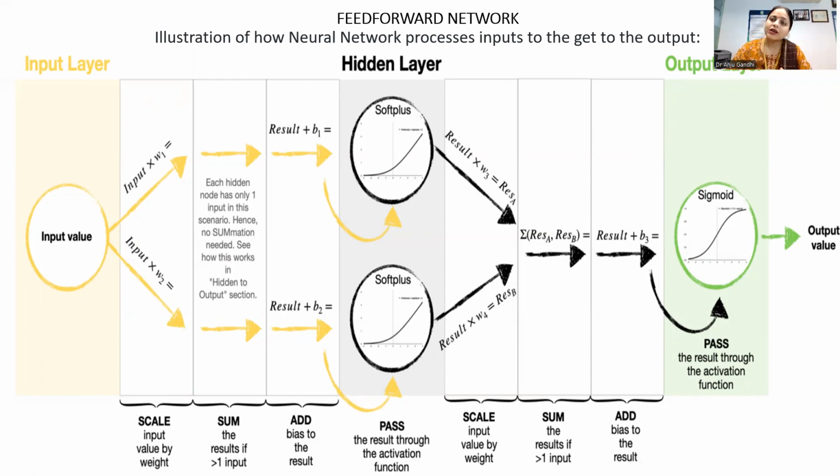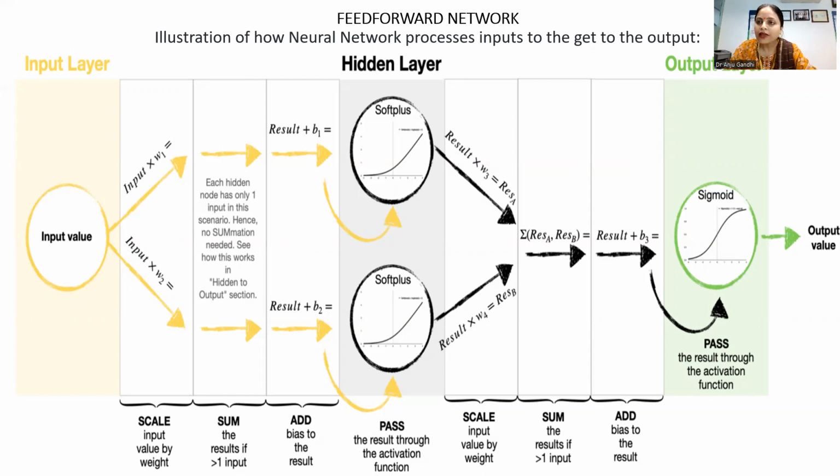That result we again multiply with a different weight, W3, W4, and then in that result we again add bias B3, and we get the final output after again passing through the activation function, right? So this is the process that we have already discussed, and we have computed a number of numericals on it,